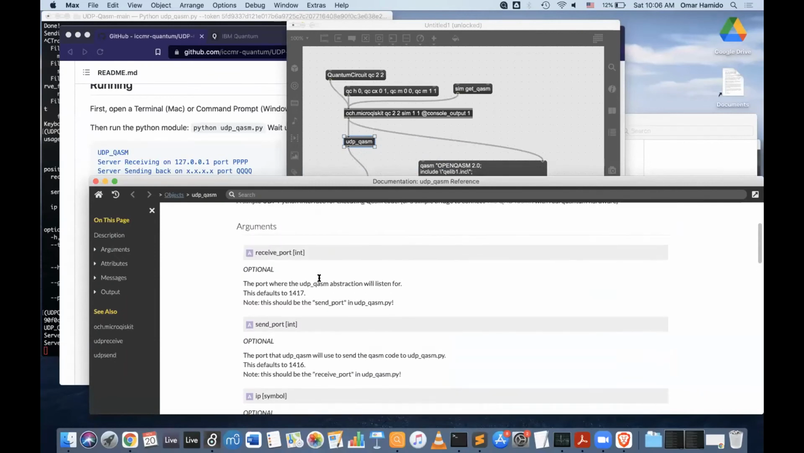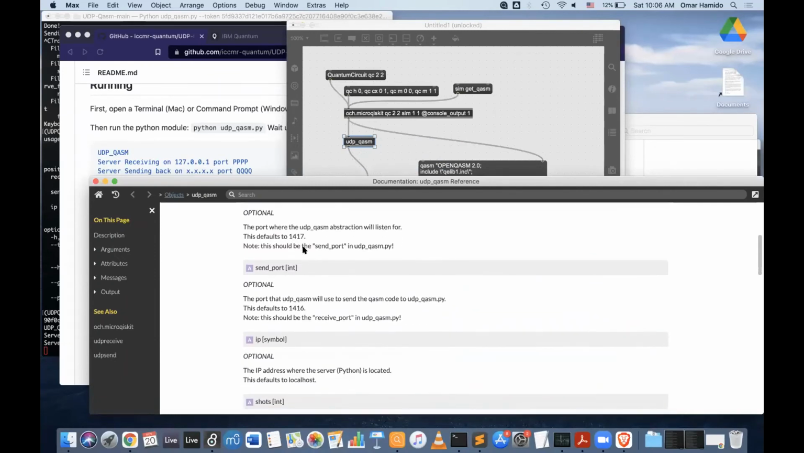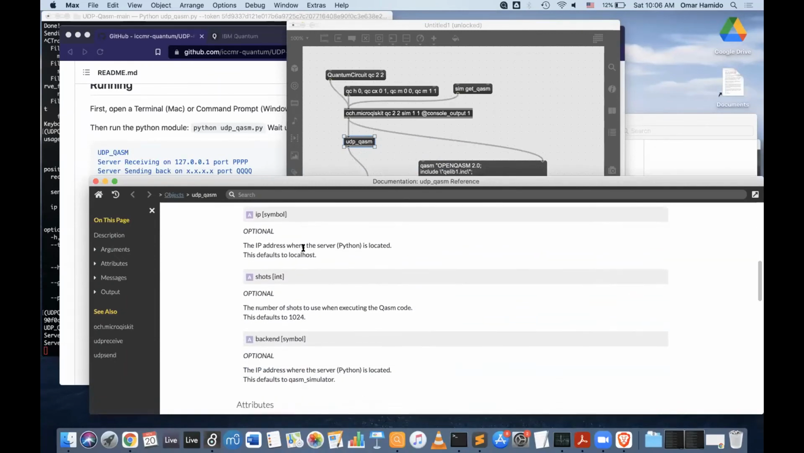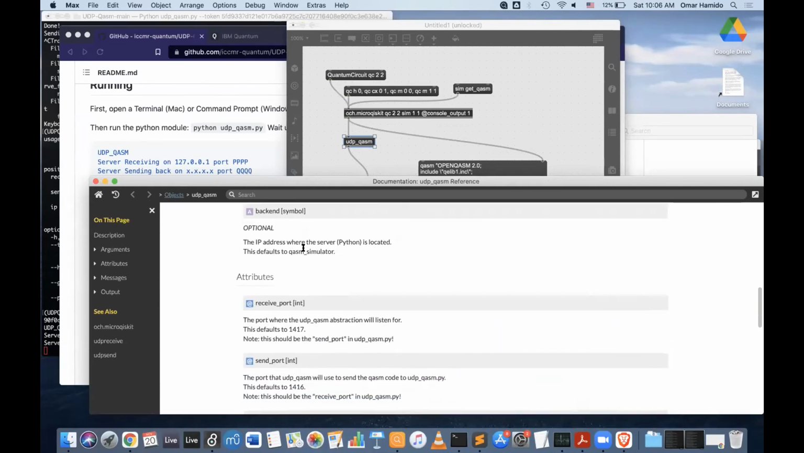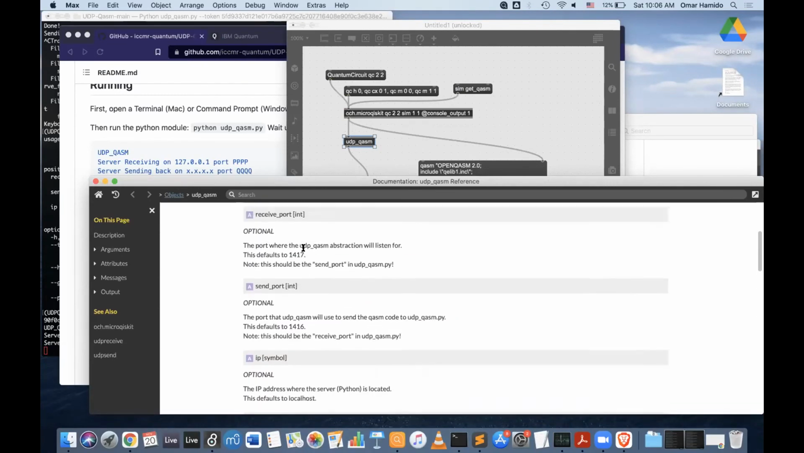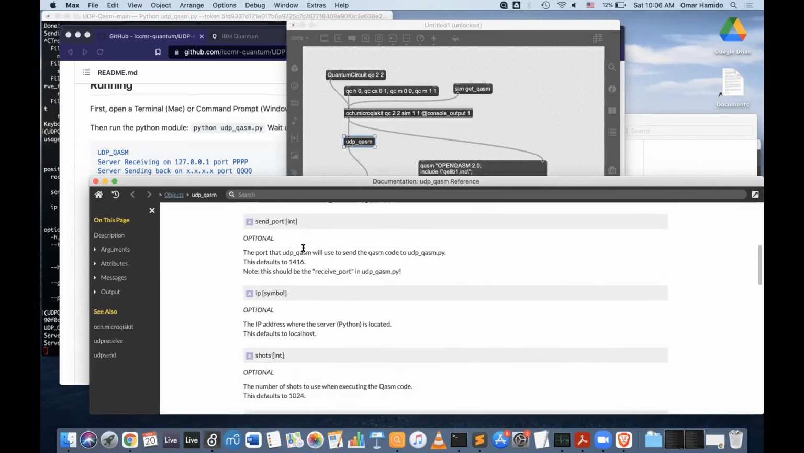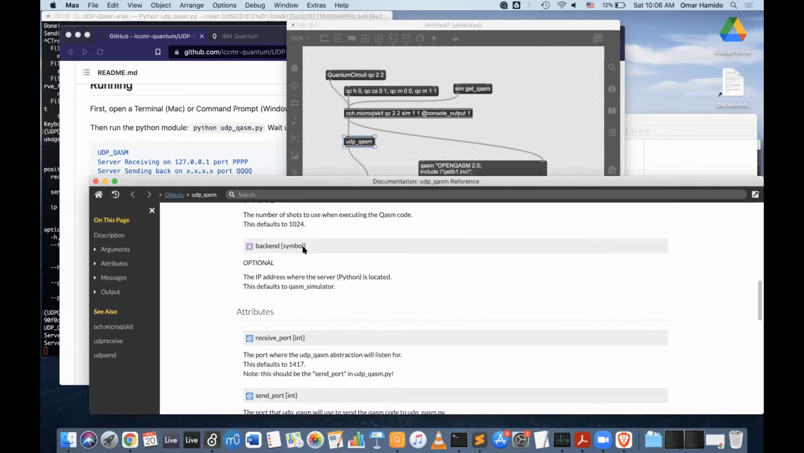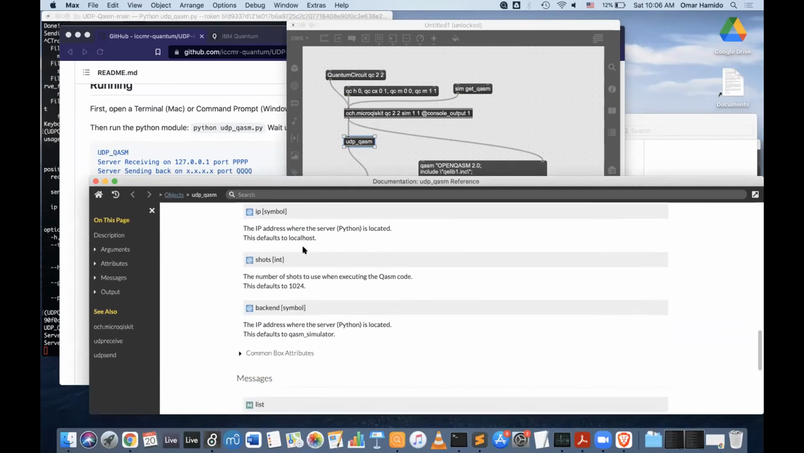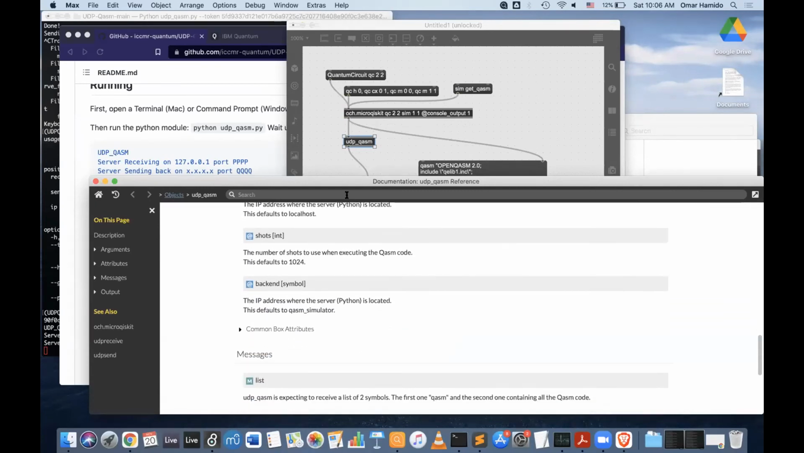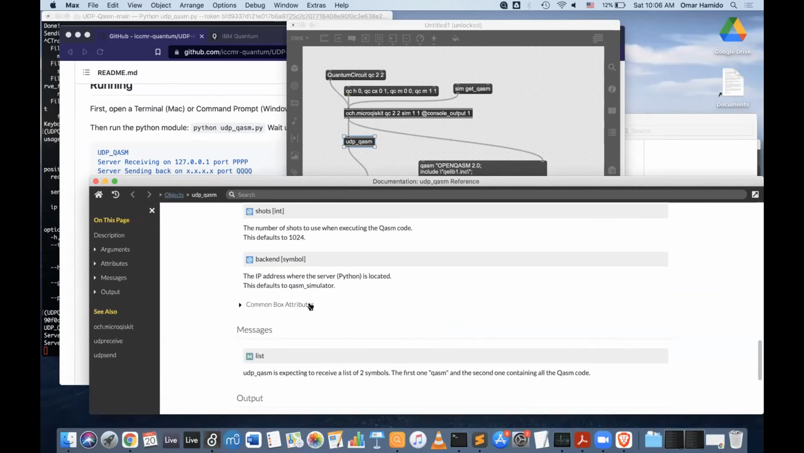Okay, so it has different arguments. We can replace the receive port, the send port, the IP, the number of shots, and the backend. Look at that. But these are positional arguments, so it requires these arguments to come in a certain position. If we just want to change just the backend, then we can use an attribute. And this is true across